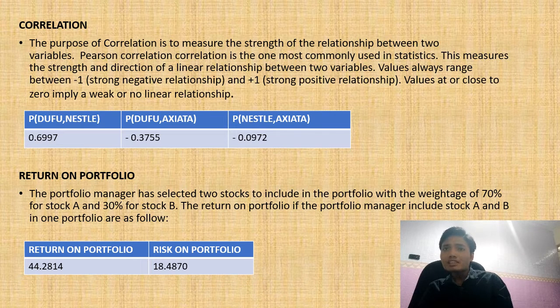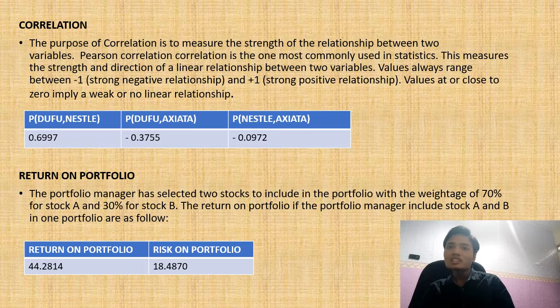Correlation Dufu and Nestle is 0.96997. Correlation Dufu and Axiata is negative 0.3755. Correlation Nestle and Axiata is negative 0.0972. Return on portfolio. The portfolio manager has selected two stocks to include in the portfolio with the weightage of